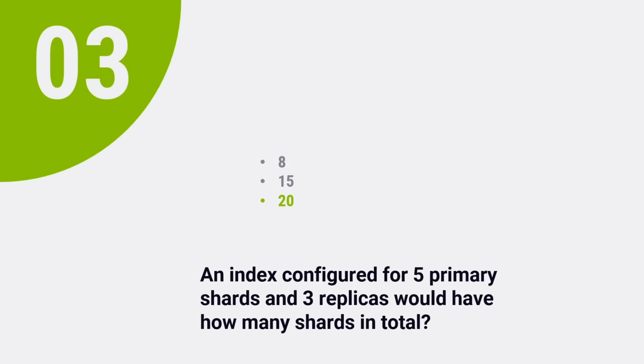So the way that works is that I have 5 primary shards, so I start with 5 shards, and then I want 3 replicas of each shard as well. So 3 times 5 is 15. So I end up with 5 primaries and 15 replica shards for a total of 20 shards in this particular example. Remember how that works because they can add up fast.